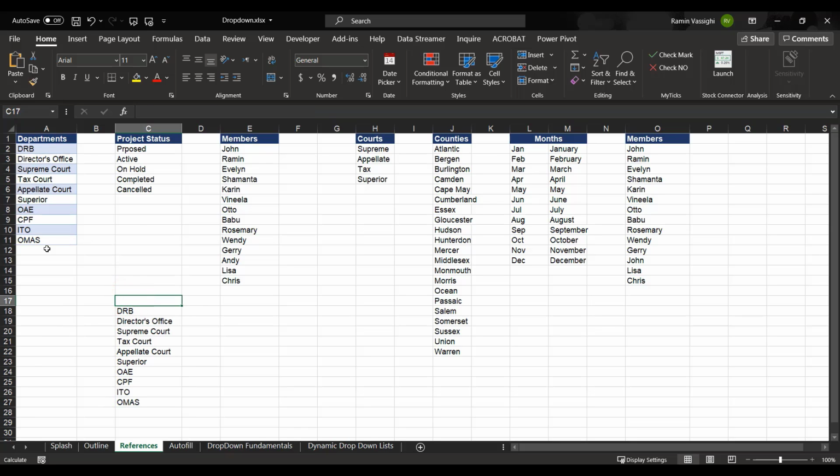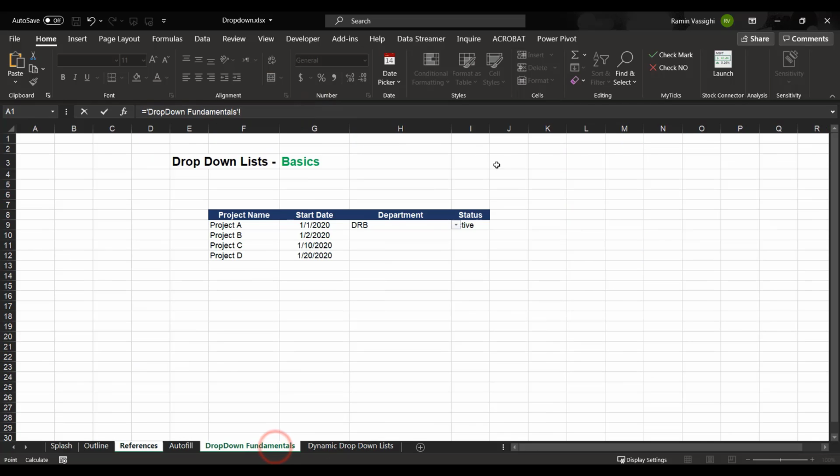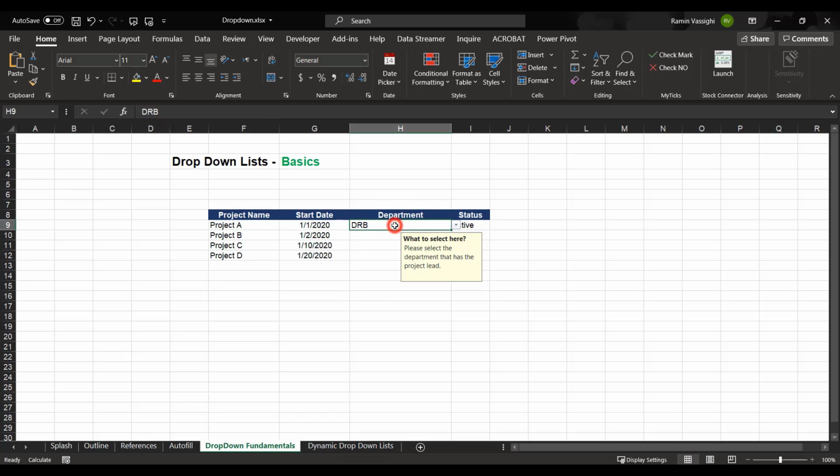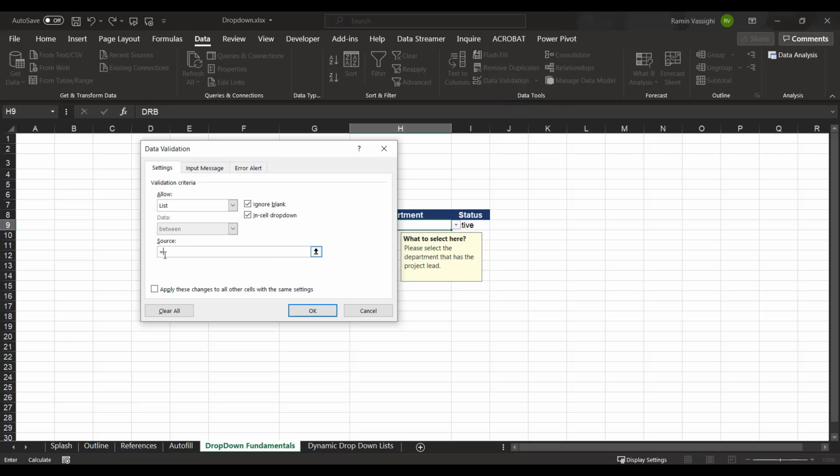So let's say I add a new department, creating OAE, it is automatically showing up. If I take the OAE all the way to ITO out, it is showing up. So our formula actually works really well for OFFSET. We can copy this formula and go to our drop-down list, and instead of having this list in here, select my list, go to data, go to data validation, write down